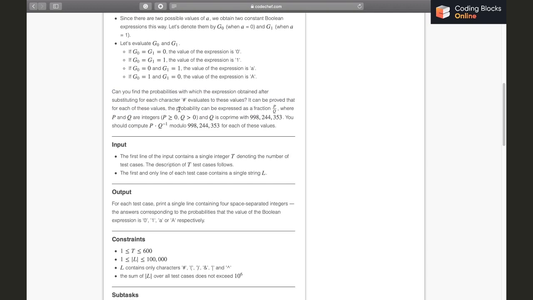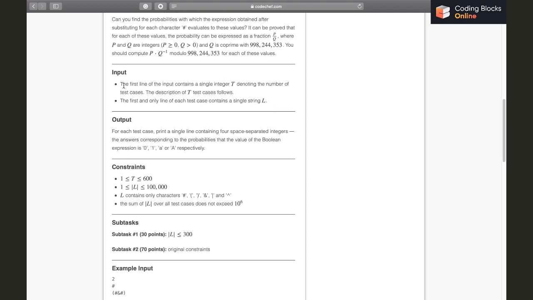It can be proved that the probability for each of these values can be expressed as p by q, where p and q are integers, p is greater than or equal to 0 and q is greater than 0, and q is co-prime with this number. You should compute p times q inverse modulo this number for each of these values.